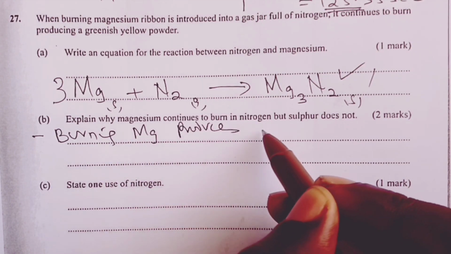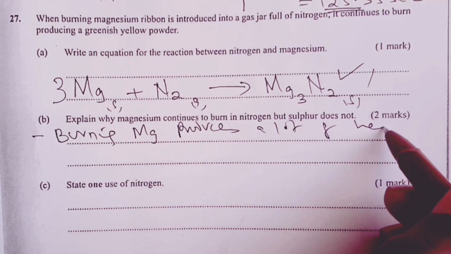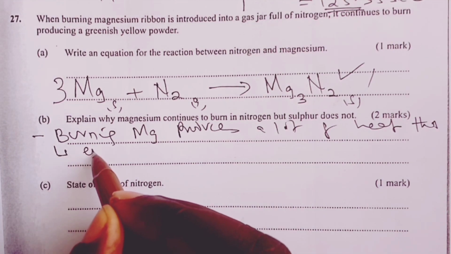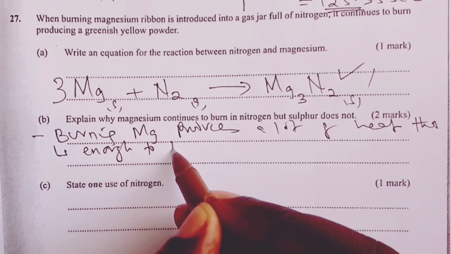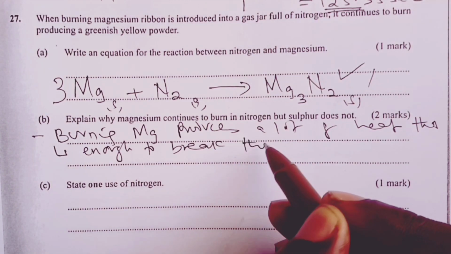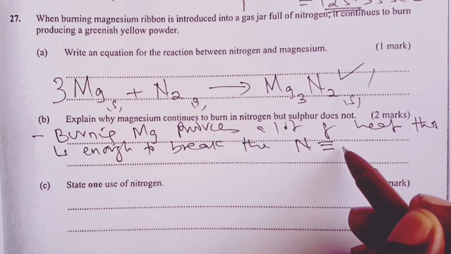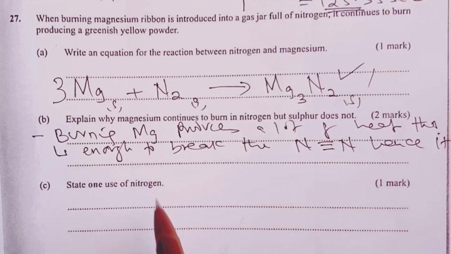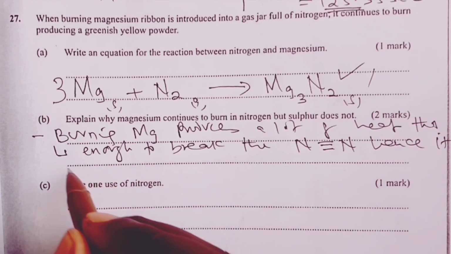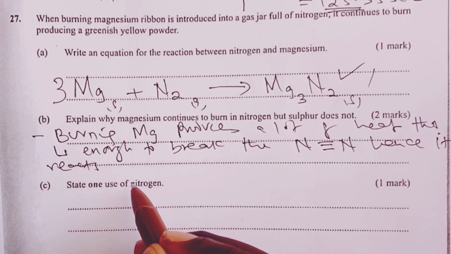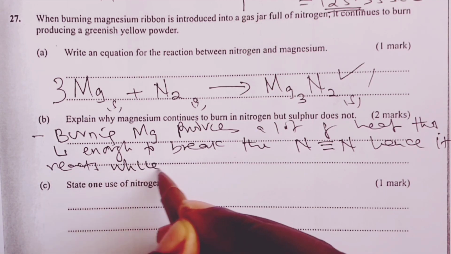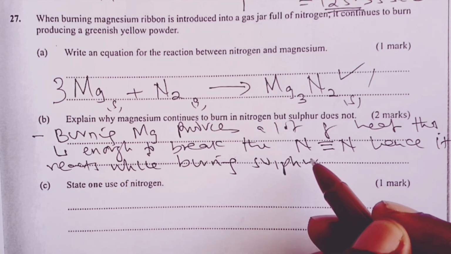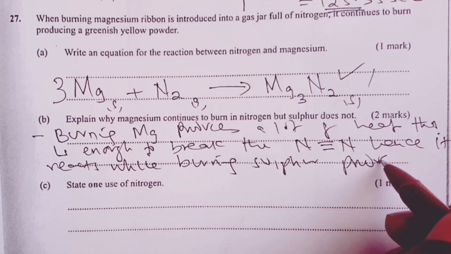produces a lot of heat that is enough to break the nitrogen triple bond. Hence, it reacts or it continues to burn. While burning sulfur, which is hot, produces little